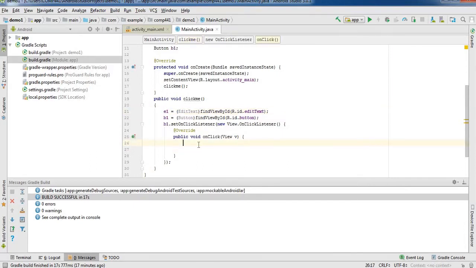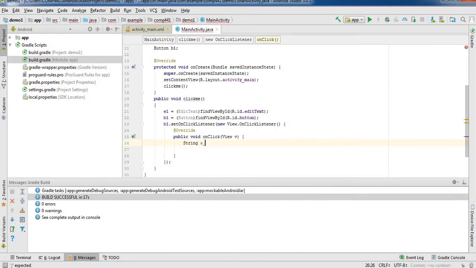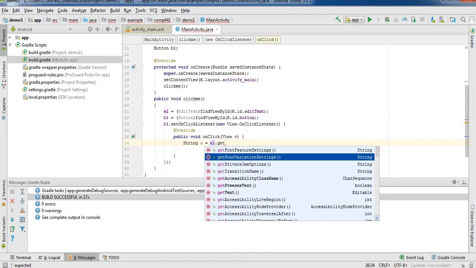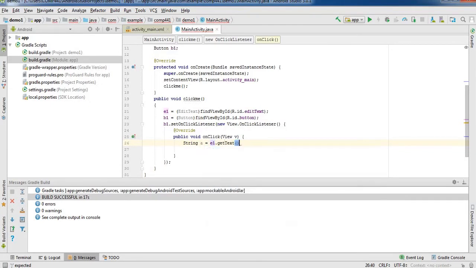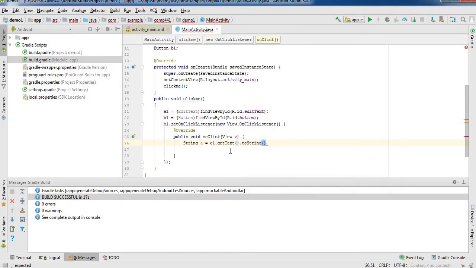To convert that, we have to declare a string variable a equals to E1.getText. So whatever elements are given, that gets fetched and converted with toString, that is e1.getText().toString(), and that text is stored in variable a.